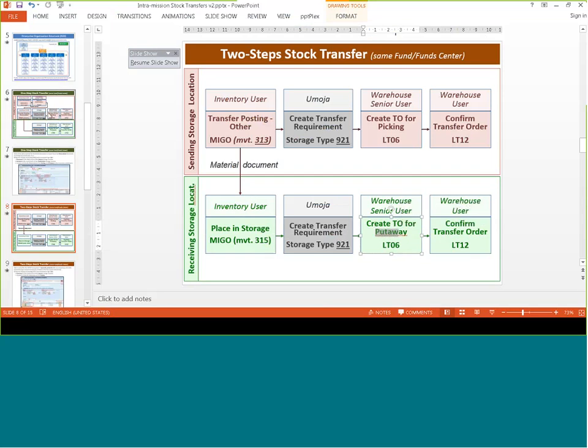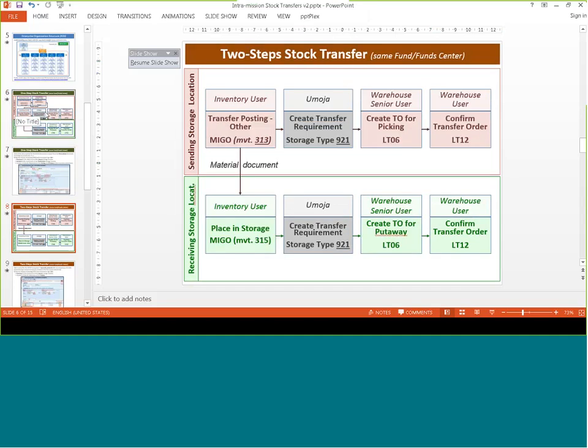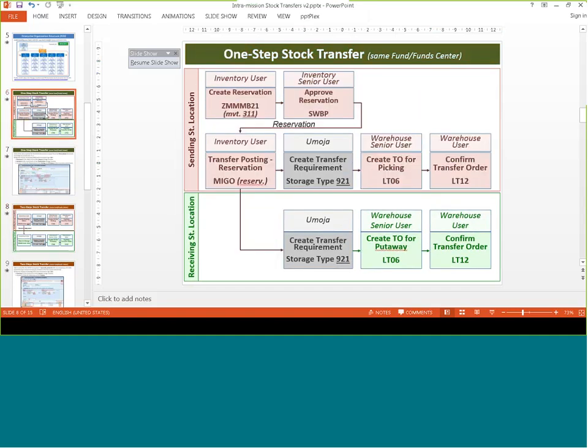Okay. So I have a question in the chat from Paola about when to use each method. Currently it's up to the mission to decide which one suits best for them. So the difference, you can see already the differences, right? For one step, there is a reservation with the involvement of the inventory senior user. So if for your mission,